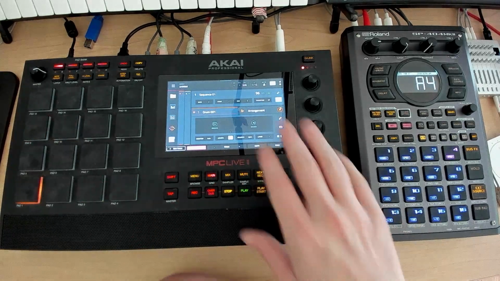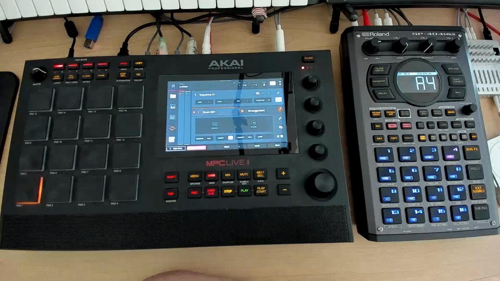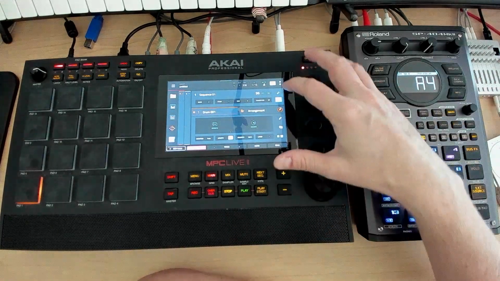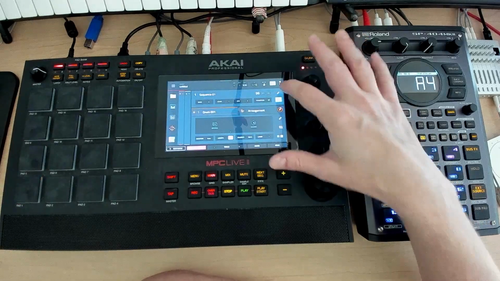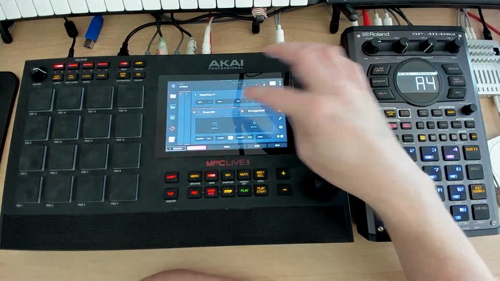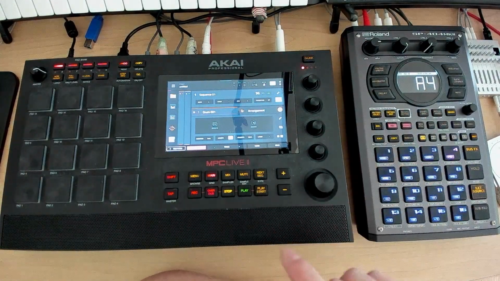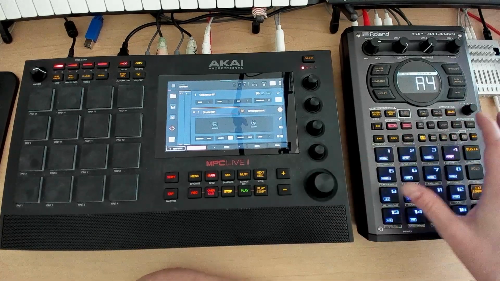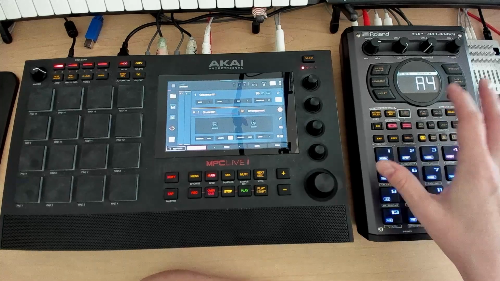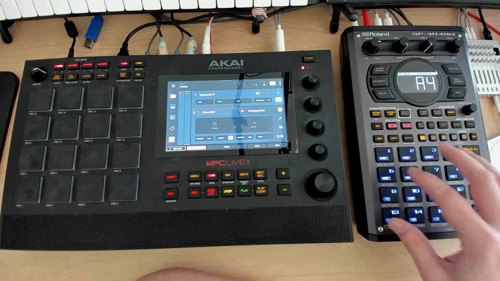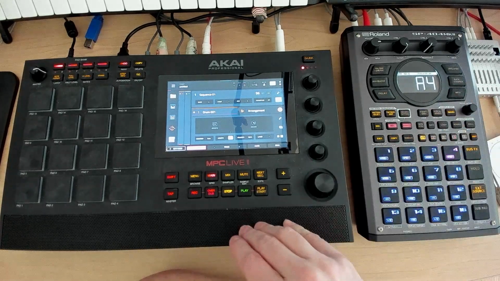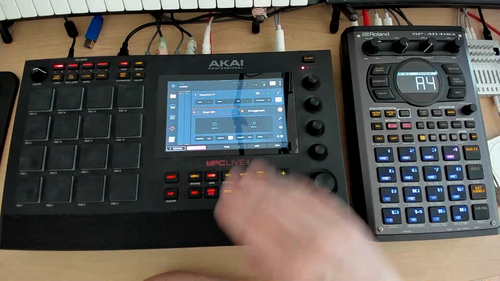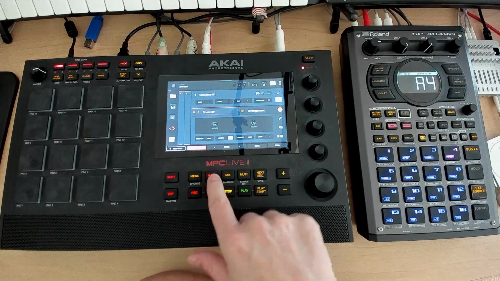Now, I've got a 2-bar pattern over here on the MPC, and I've got a 2-bar pattern here on the SP404 Mark II. Just a thing I would note, I would hit the pencil up here, or in the sequence, do double length. I want this to be 4 bars. The reason being is usually it takes about a bar for an external MIDI device, no matter what it is, to get the clock and get into sync with whatever the other device is. And so I am fully expecting the patterns to be a little janky,